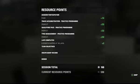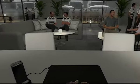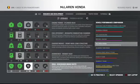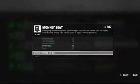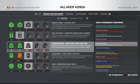So yeah, we're just going to miss out practice 2 and practice 3 and just jump straight into qualifying and see what we can do from that. So we get over 200 resource points. We get 217. So yeah, I think we are going to do an update on the monkey seat. Will we? I think we will. Yeah, we will. So yeah, now we have that coming for Italy. I think it's the next race. Yeah, Italy. Sorry about that. Yeah, but anyway,